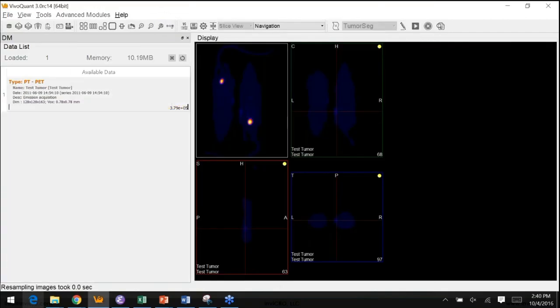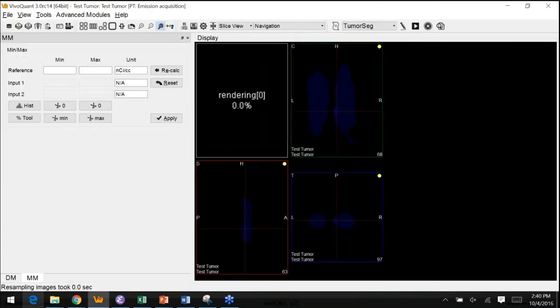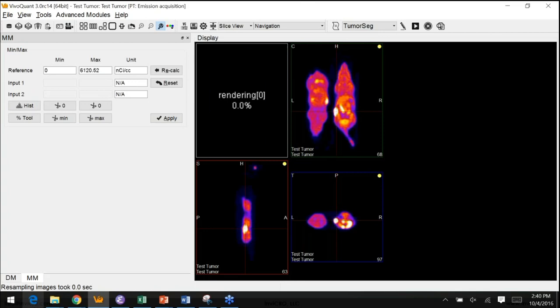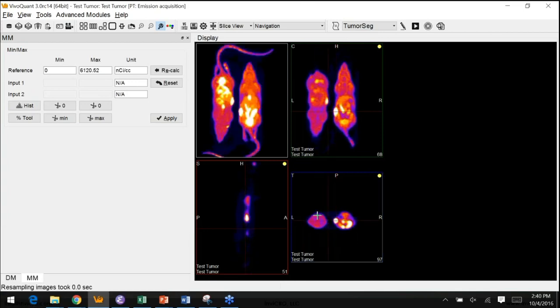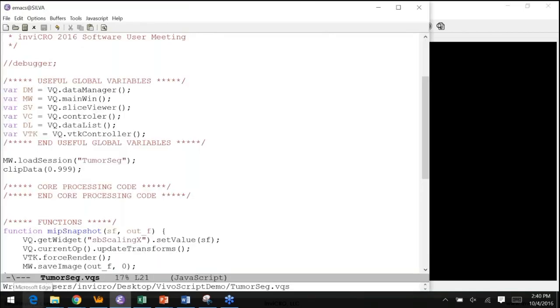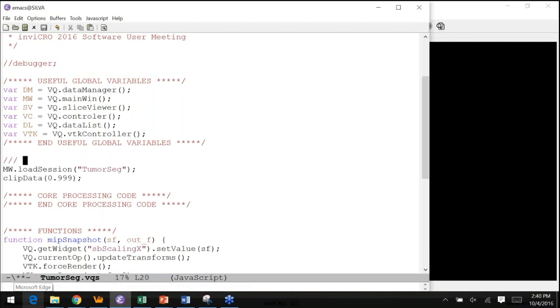Test that out real quick. That looks pretty good. Okay, moving on. So just keep some comments along the way. Load data,